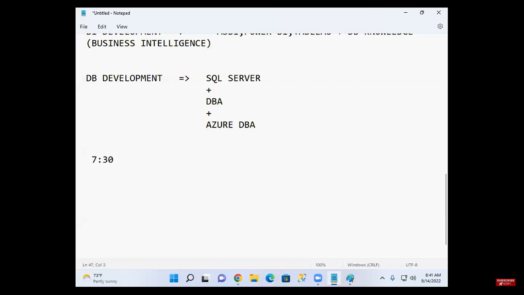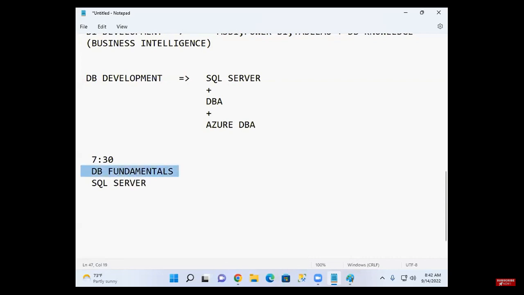First, the first 1 or 2 classes will cover database fundamentals. What is a database? We'll discuss database fundamentals. After completing them, we can start SQL Server. I'll not take much time, just 1 or 2 days.